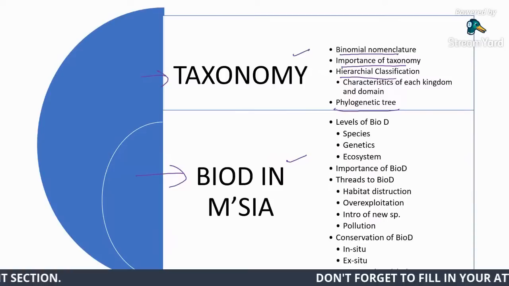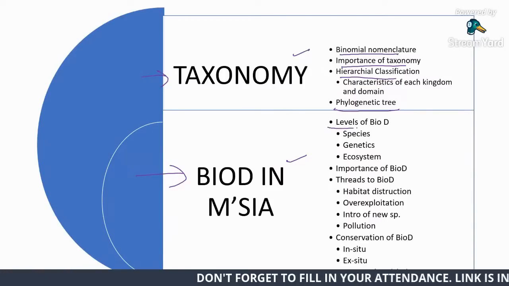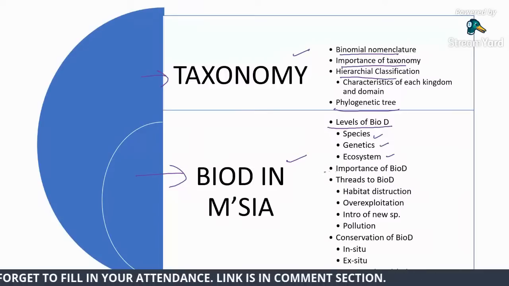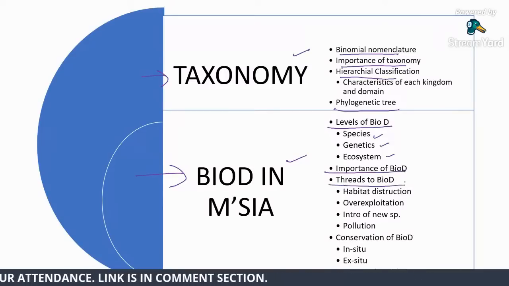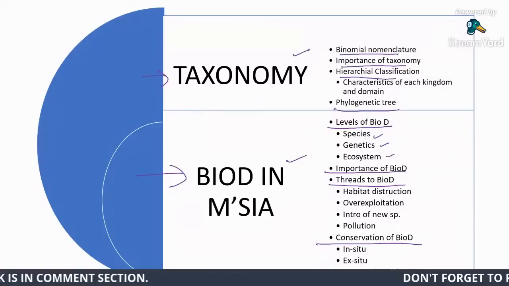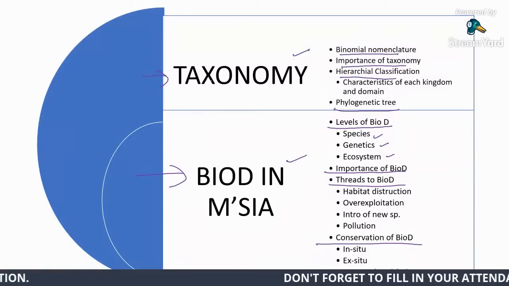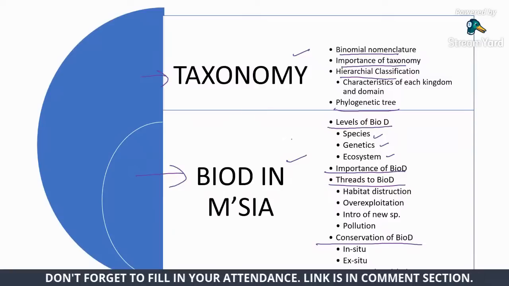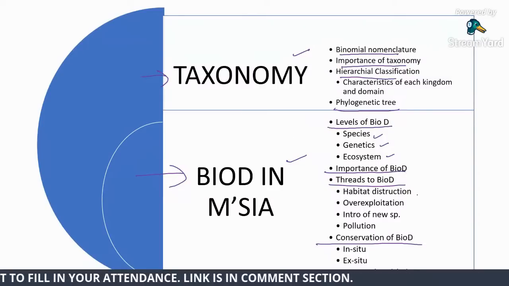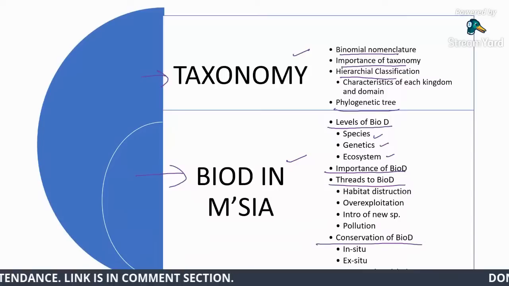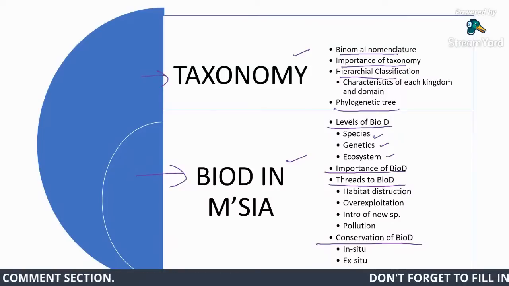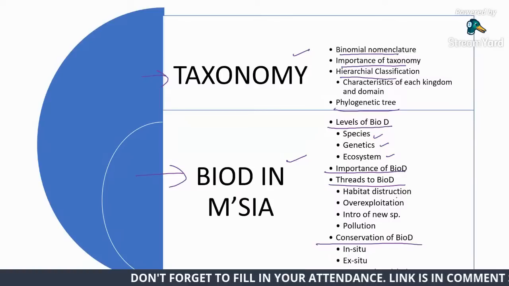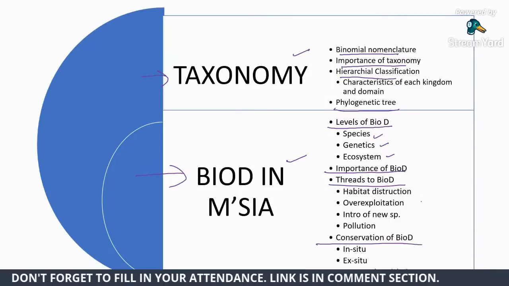Next one is biodiversity in Malaysia. You learn about the level of biodiversity, species, genetic and ecosystem diversity. You learn about the importance, the threat of biodiversity and the conservation of biodiversity. So I think yang ni tak susah sangat sebab you buat presentation tu basically you knew. Okay. Apa yang you kena tahu, biasanya soalan mungkin akan bagi contoh dan you mungkin perlu memberikan jawapan based on contoh yang diberi, which I think you are familiar with it. Okay,